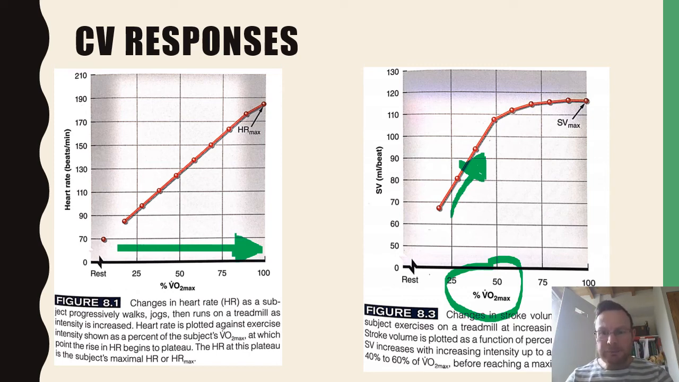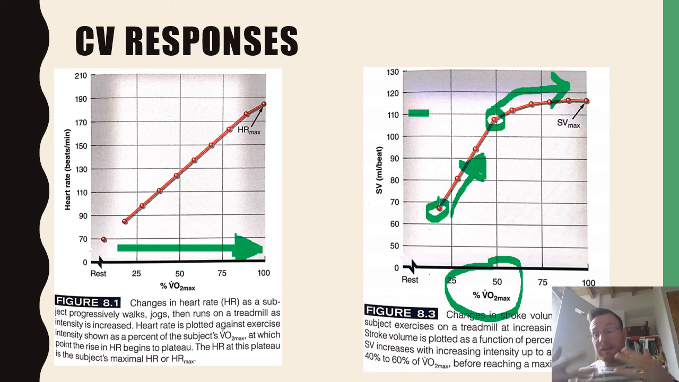Now, as we get above that level of exercise intensity, our stroke volume begins to plateau. So there's almost like a maximum amount that it can expand to. At the bottom here, stroke volume that started around 70 begins to plateau around here, about 110. And then it absolutely maxes out at about 115 milliliters. So this is partly because